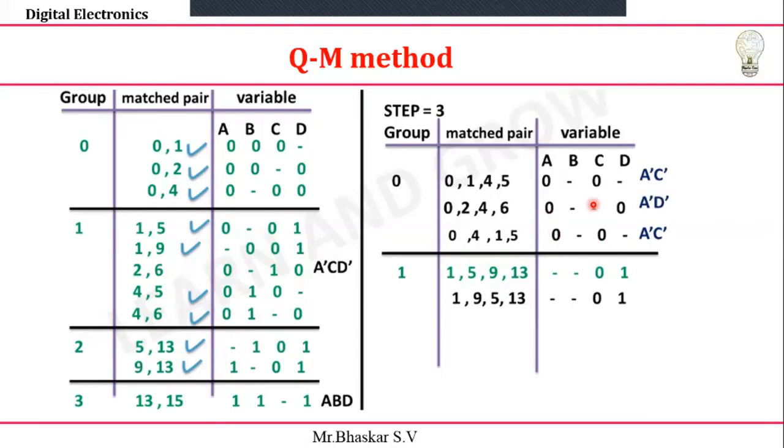Okay, and one more thing is how to represent the values here. It is a dash and c dash, and this one is a dash 0 because of a bar and d bar also, or dash you can take, and a dash or c dash we are getting. And here also same thing, 2 comma 6 is not matched with any remaining pair, that's why I'm going to take it as it is, the value is a dash c d dash. And 13 comma 15 is also not matched with anything, directly I can take it as a b d. So the remaining are all matched pairs. So what is not matched is 2 comma 6 and 13 comma 15.